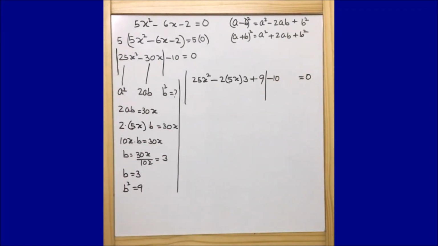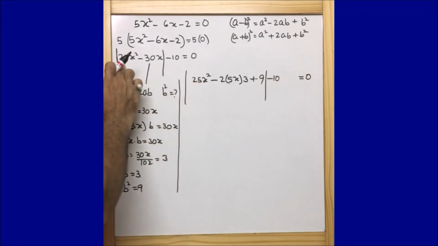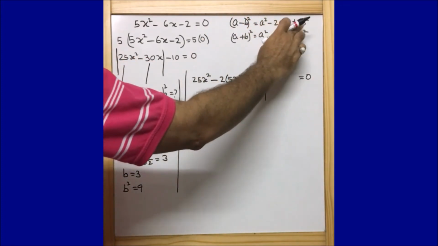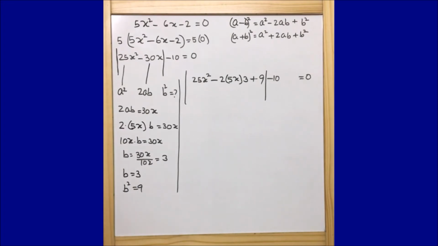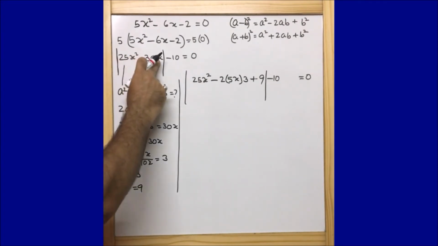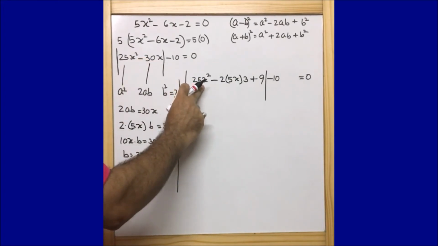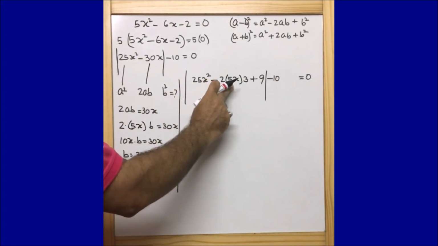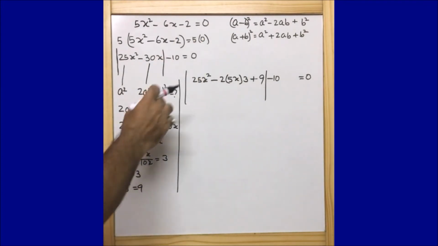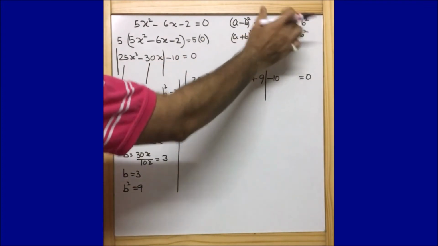So this is what we got, or we brought this equation to 25x to the 2 minus 30x into this format, a to the 2 minus 2ab plus b square. But guys, one thing to notice here is that we had only 25x to the 2 minus 30x, which is nothing but 25x to the 2 minus 2 into 5, 10 into 30x. But we added 9 here in order to bring this equation to this format.